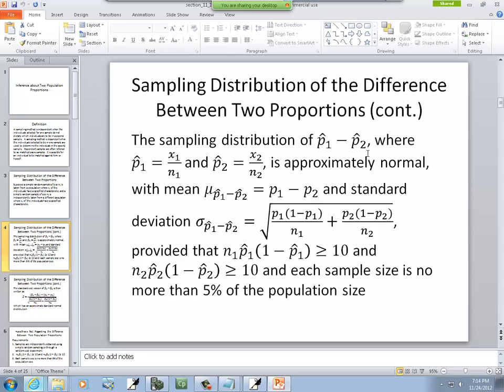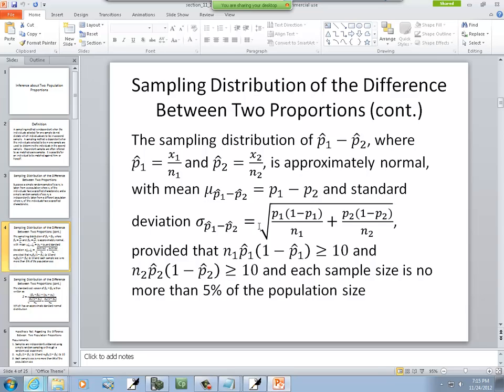Now the sampling distribution of p hat sub 1 minus p hat sub 2, where p hat sub 1 is equal to x1 over n1, and p hat sub 2 is equal to x2 over n2, is approximately normal, with mean mu sub p hat 1 minus p hat 2 equals p1 minus p2, and the standard deviation sigma sub p hat 1 minus p hat 2 is equal to the square root of p1 times 1 minus p1 all over n1, plus p2 times 1 minus p2 all over n2, provided that